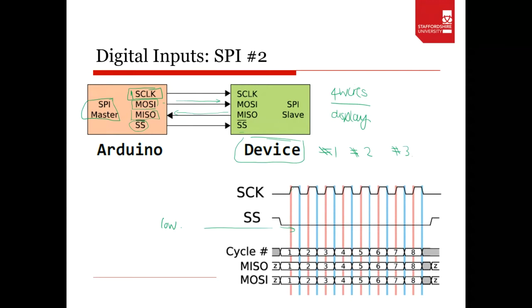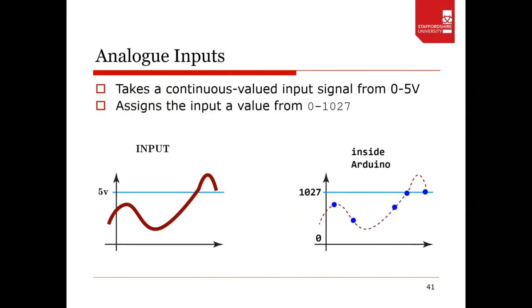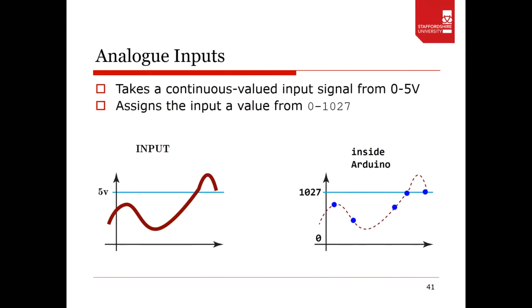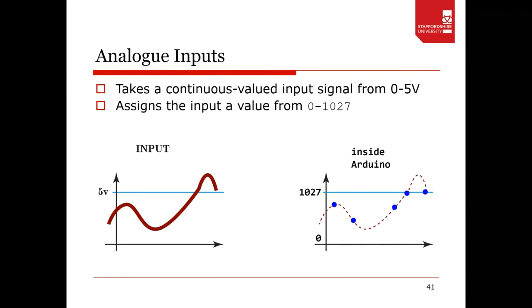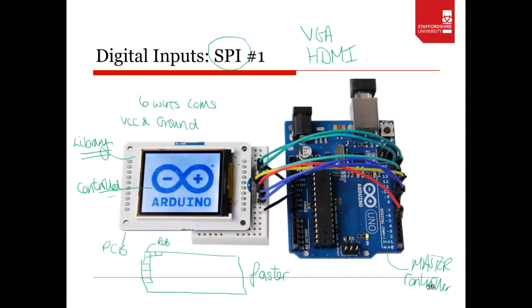Okay, so this is just a quick overview. Then we have analog inputs, where we take a continuous valued input signal from 0 to 5 volts. Yes, the master controls the slave. If we go back to this example, the Arduino is the master, and the slave is essentially the output